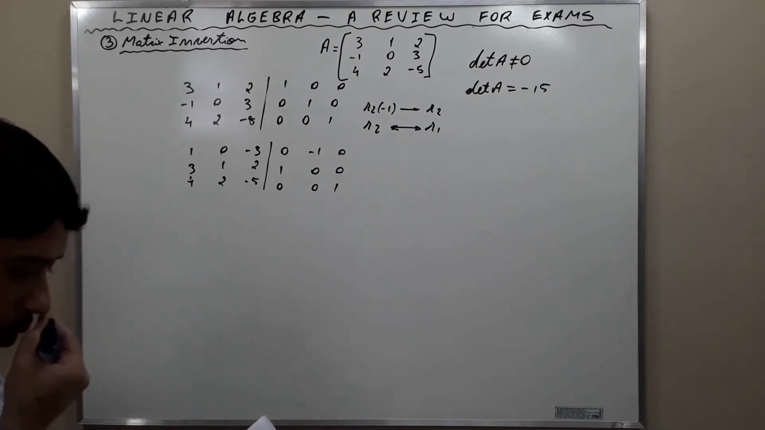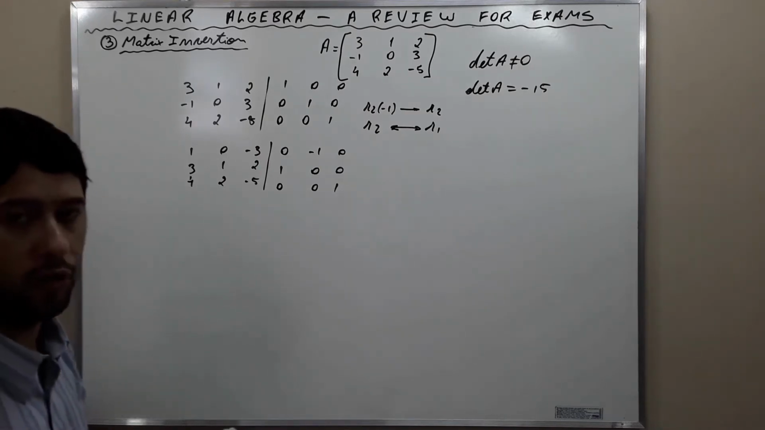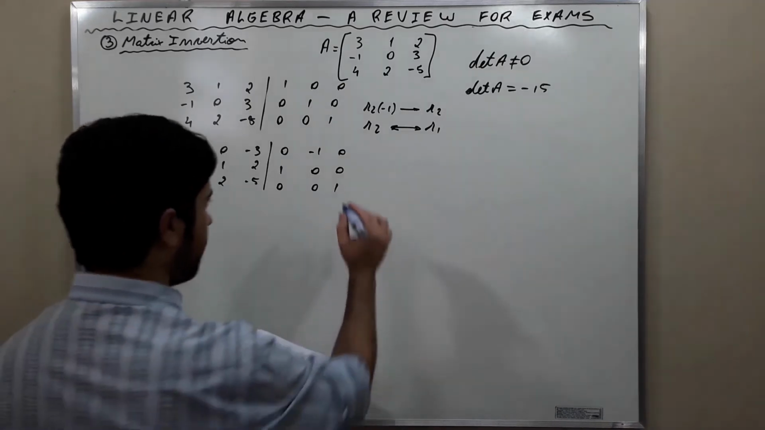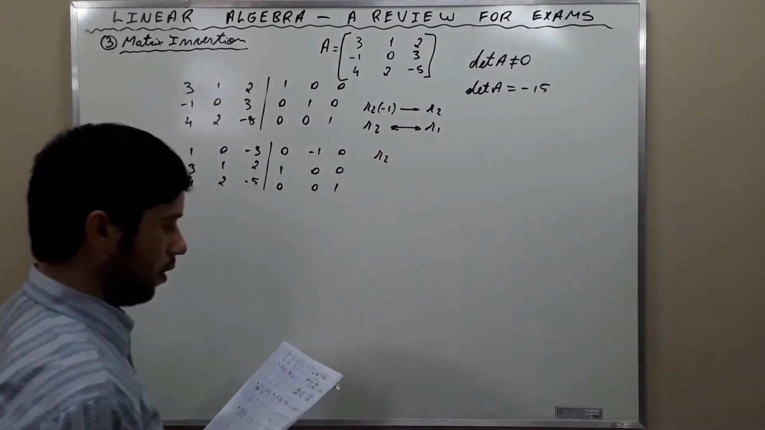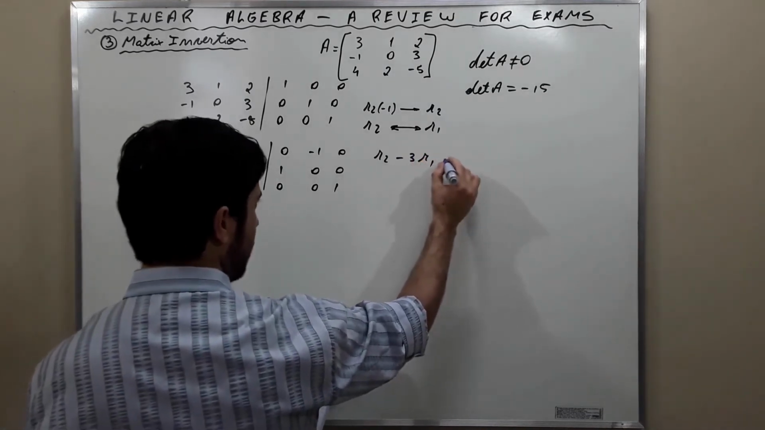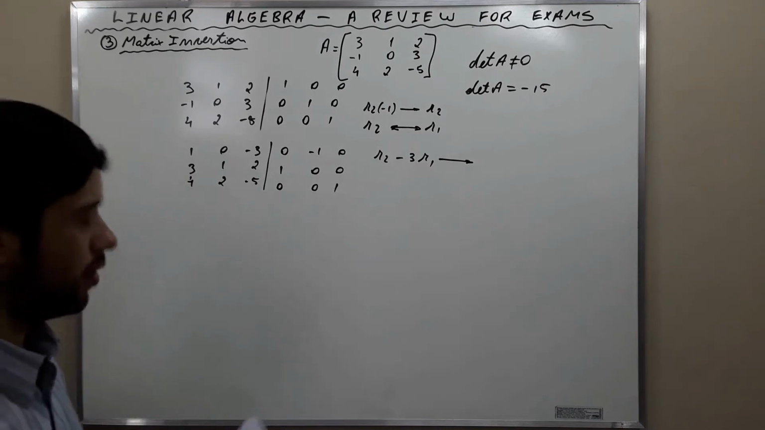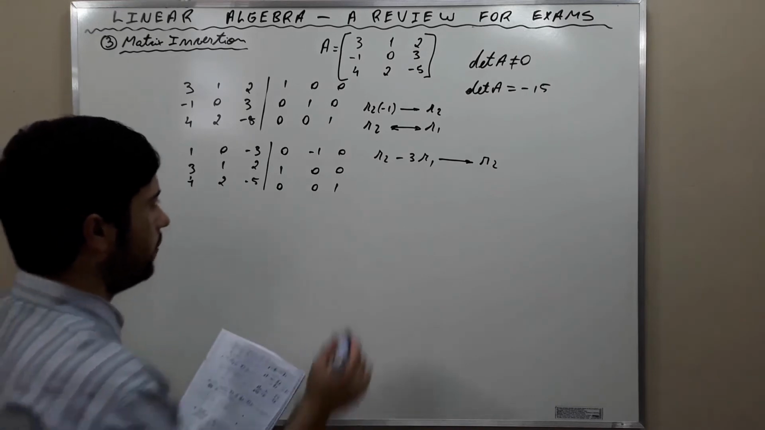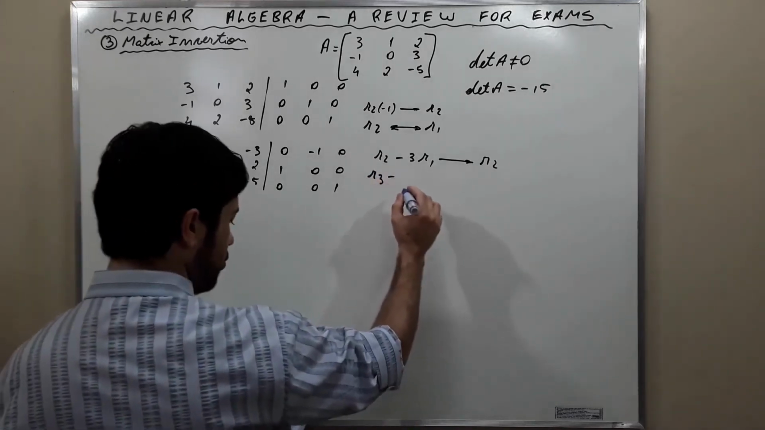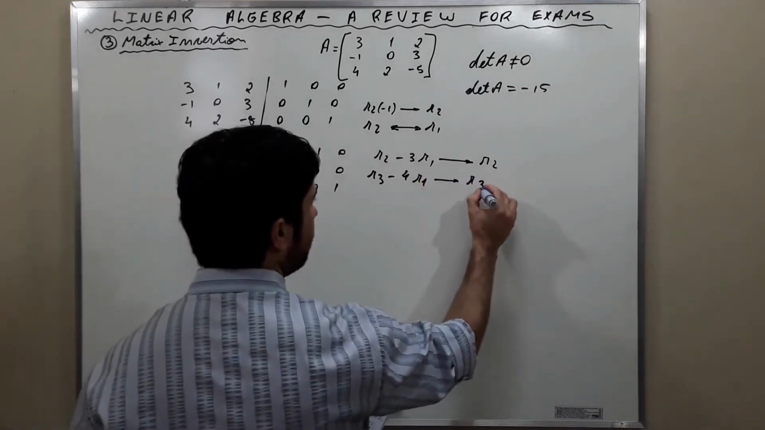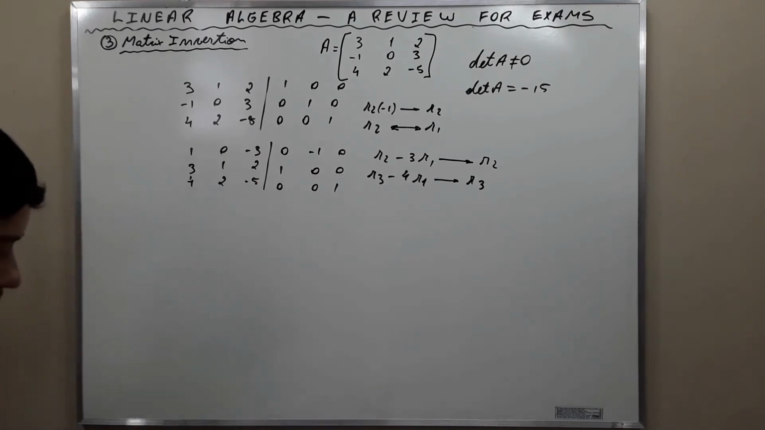And subsequently, we are going to perform the following operations on the rows of this matrix here. We are going to do row 2 minus 3 row 1 and substitute this in row 2. And row 3 minus 4 row 1 and substitute this in row 3. Okay? And in this way, our new matrix becomes